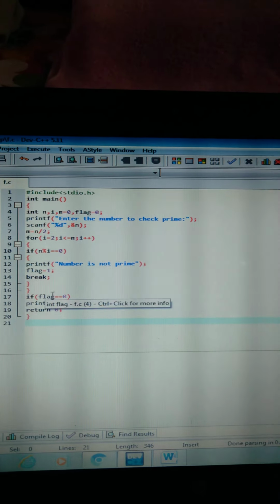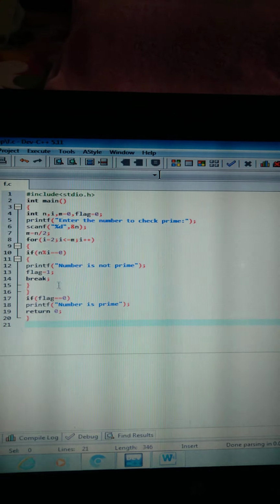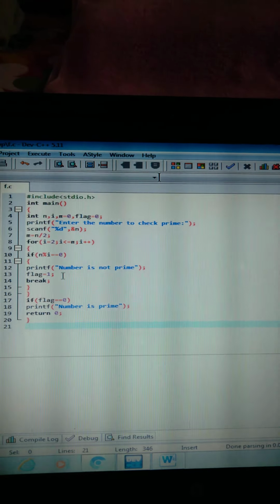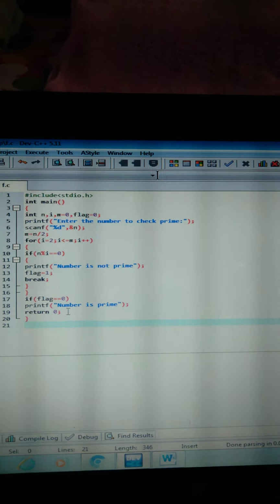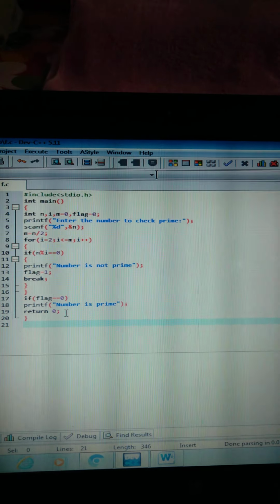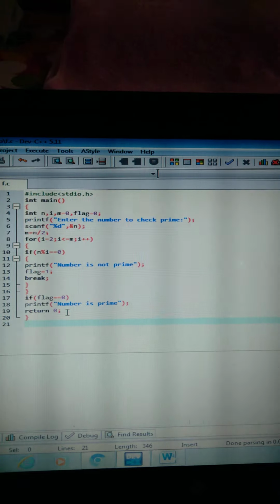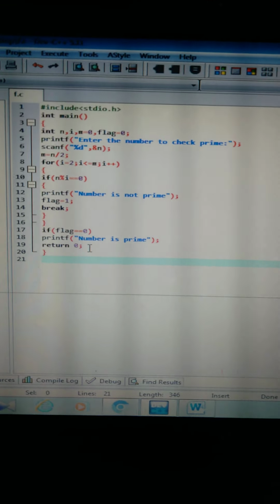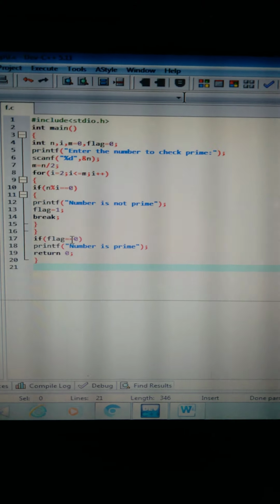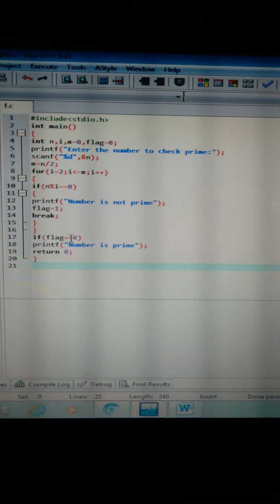And if flag is equal to 0, that is if n modulus i is not equal to 0, then the number is a prime number. Then return 0 to stop the program, and the program ends, and we get the result declaring, depending upon these conditions, whether the given number is prime or not.